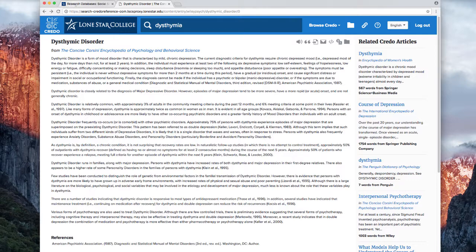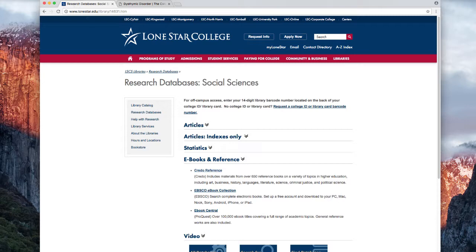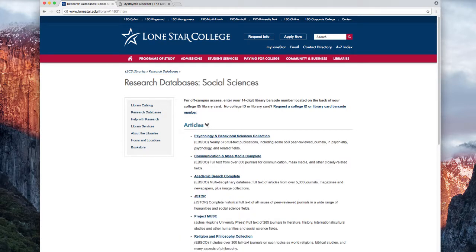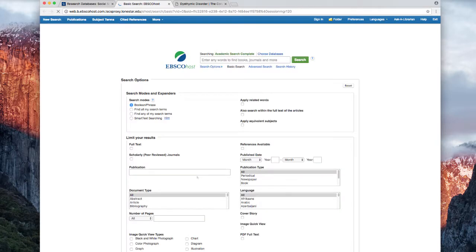I will need to navigate back to the research database list for social sciences and click the drop-down arrow to see the databases I can search for articles. There are several article databases listed, and I can review the descriptions to determine which database I would like to start with. In this case, I'm going to start with Academic Search Complete, the most comprehensive database that the library